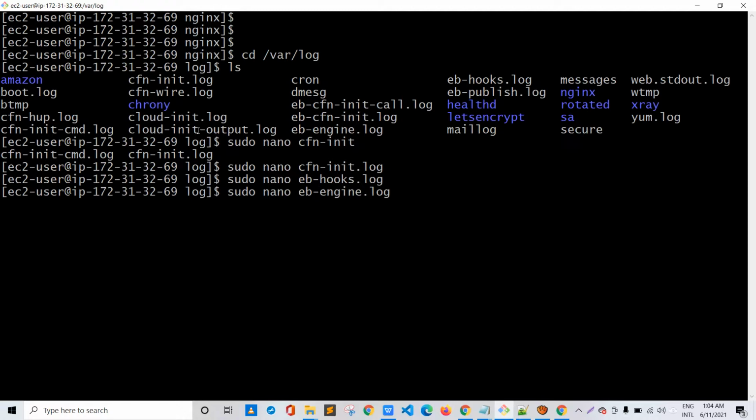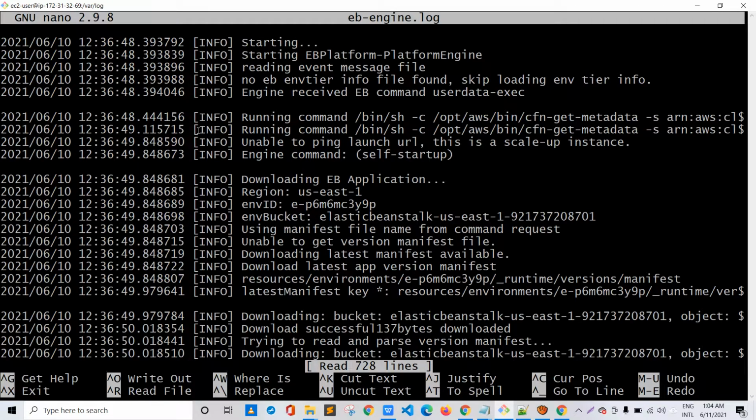So this is the log file that contains the overall logs for the nginx, or we can say load balancer, and overall configuration logs for the Elastic Beanstalk. So you can find all the logs over here.